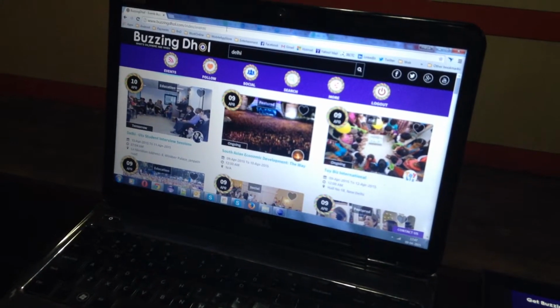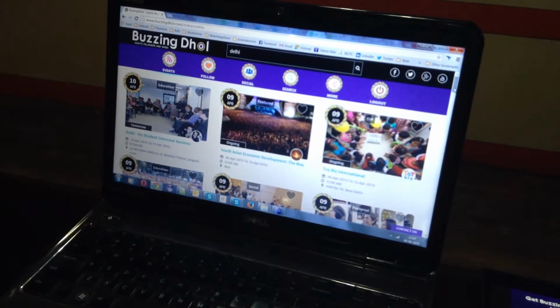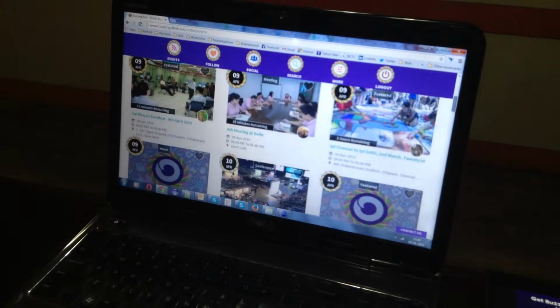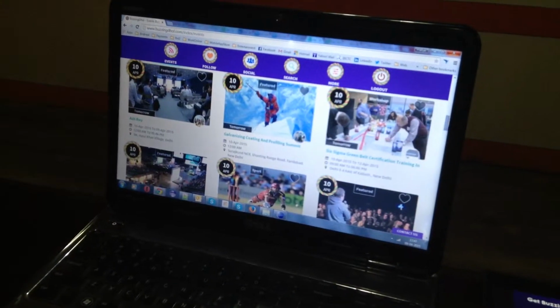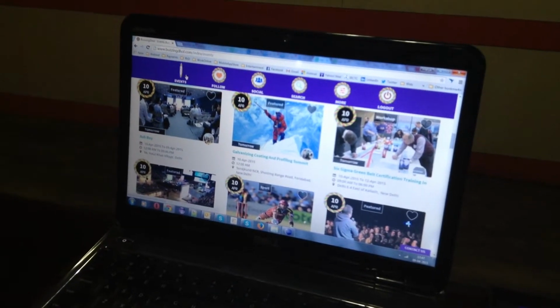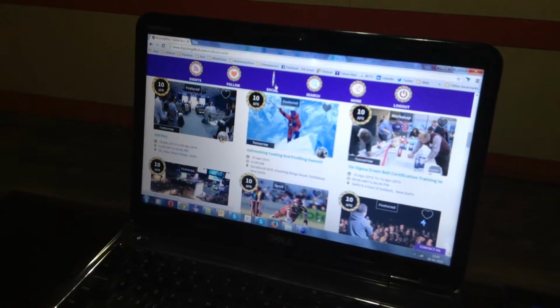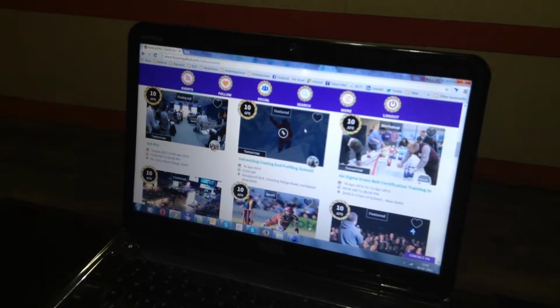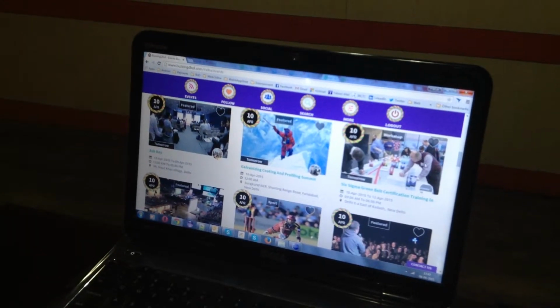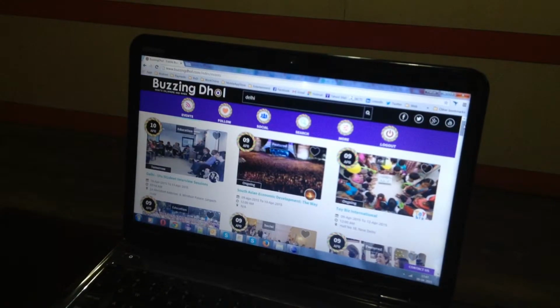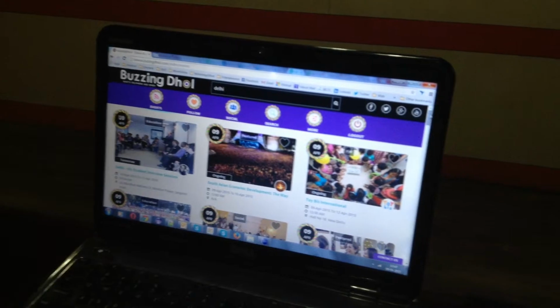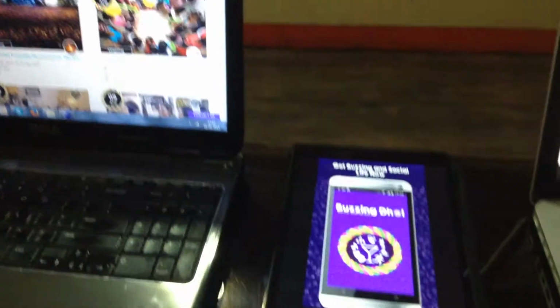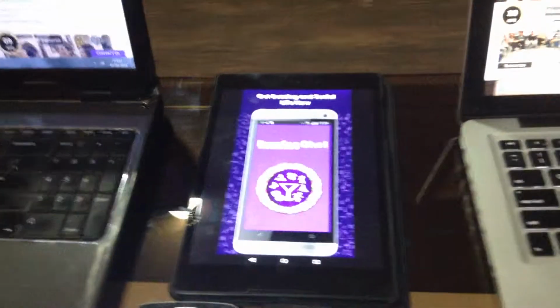If you see, you are getting the list of all the events based on the dates, and there are different sections: event section, follow section, social and search sections. So you can categorize or filter all the events which are happening in and around your city. Now moving to the tablet part, you can see that we have a tablet version for the same.